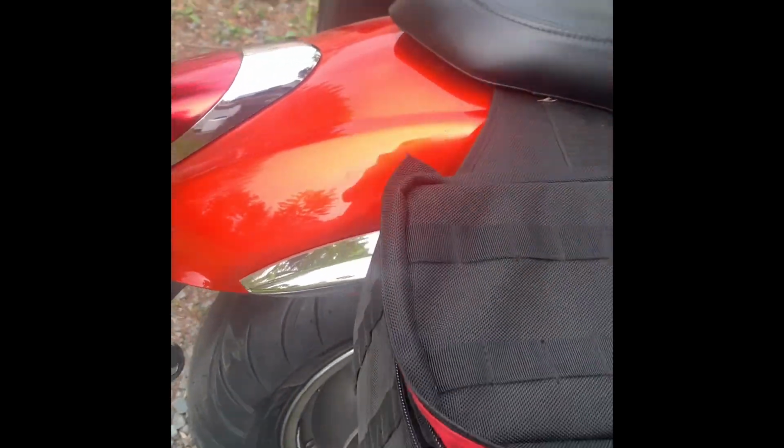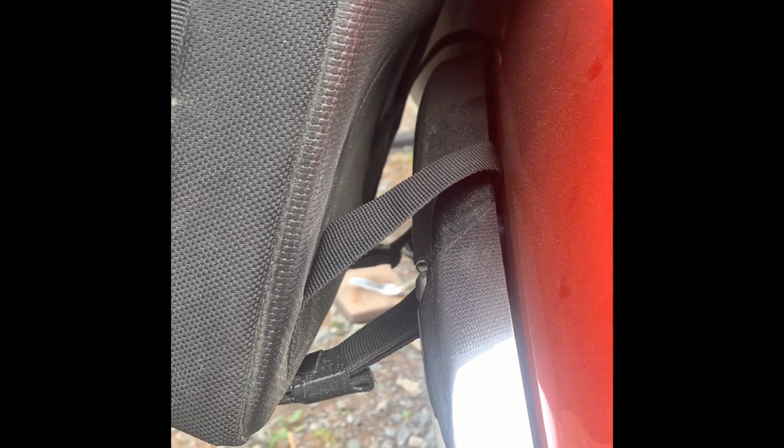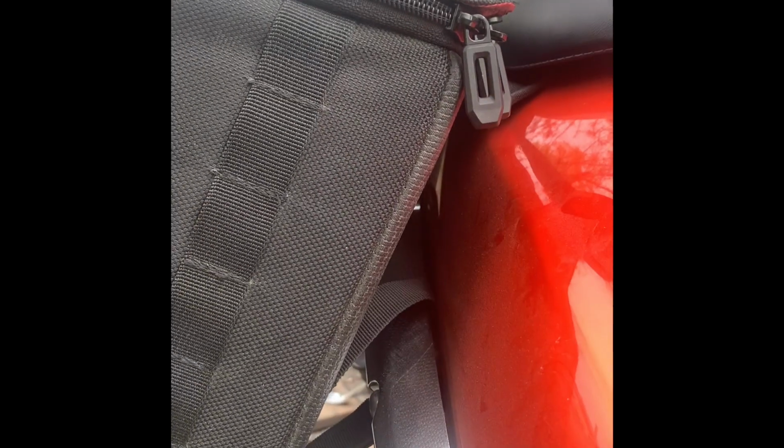So how do they go on? Well, this Velcro's underneath the seat. You just pop the seat back down on it, and then you got these straps underneath. So instead of putting the brackets in, I just put those straps right behind that trim right there. And not just the trim, there's another bar. I mean, if you have a Viking, you know, there's another bar under that bolts the fender onto the frame. And I just put it right behind both of them. Took up the slack with a little